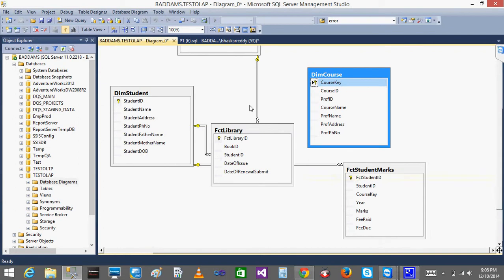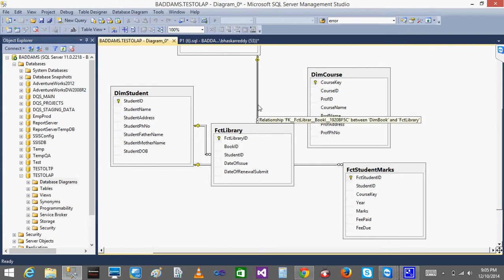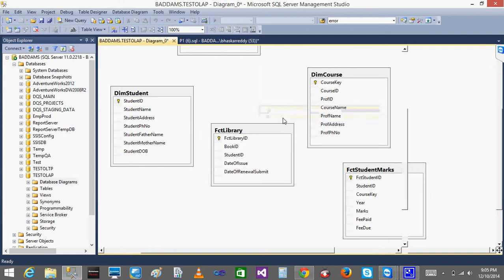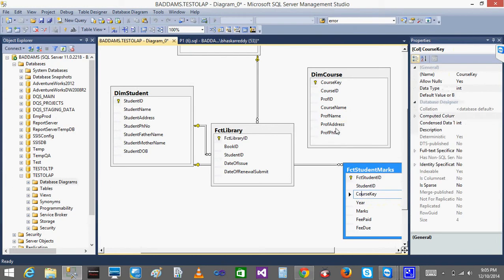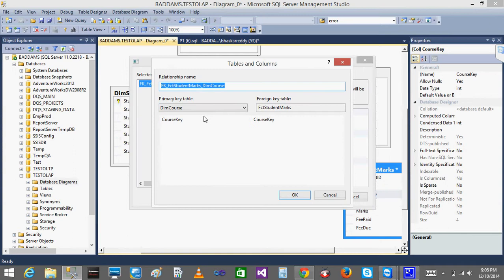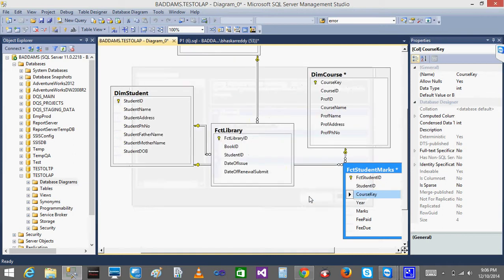So all the relationships are here. The primary table will be this one, and the foreign key table will be the course key.